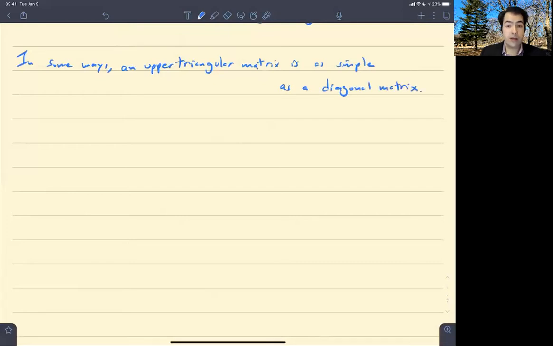Right, so here I mean simple in terms of understanding what the linear map does. So for example, if A is upper triangular, then, well, for example, one thing you can easily see